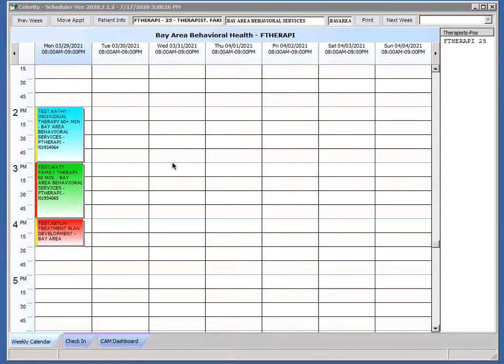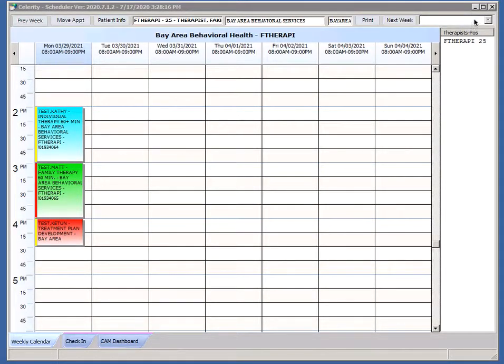Every billable service that you do has to be validated. The validation is what sends it to billing and to payroll. Validation is just writing the progress note that goes along with it. So after you've checked in the clients, as we have here, we have the client who was checked in for the service that happened. This one was marked as a no-show, and this is a treatment plan that was checked